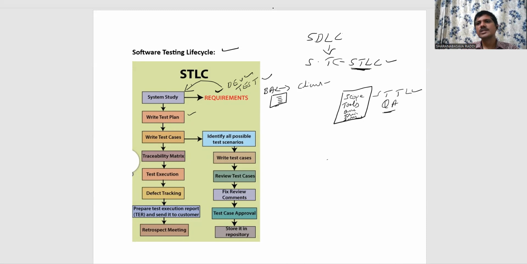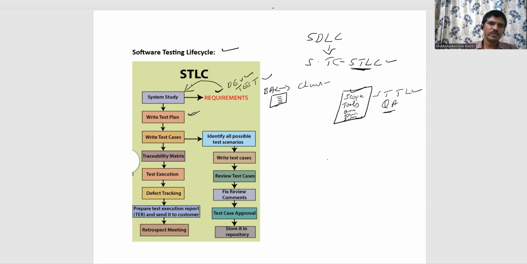Okay, what is the duration, or the time duration, for the testing process for a particular project? This type of information will be documented as a part of the test plan. It is the responsibility of the test lead or QA manager to write the test plan, so that by going through it, the software tester will have a clear idea of the scope, which tools we are going to use,